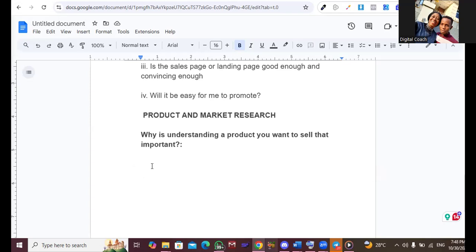So the product itself, you need to understand the product itself. And then number two, you need to understand the pain point of the customers. You need to understand the customer, at least key things about the customer. What are their pain points? What do they want to solve? Please, these things are key. It's not just all about running and starting to do practicals. These things are key. They are the foundation. At the end of this, I'm going to give you a research work to do.